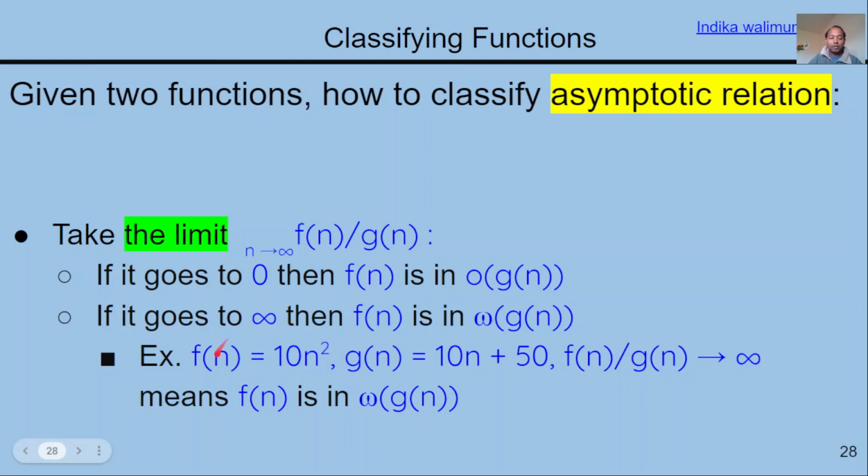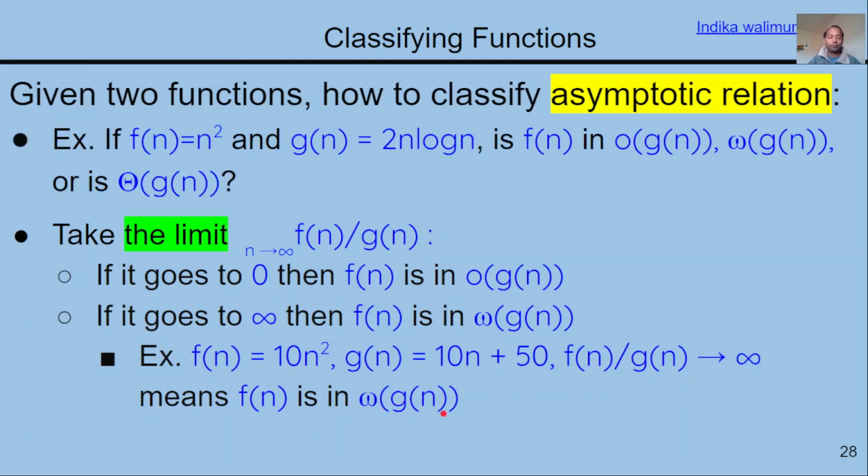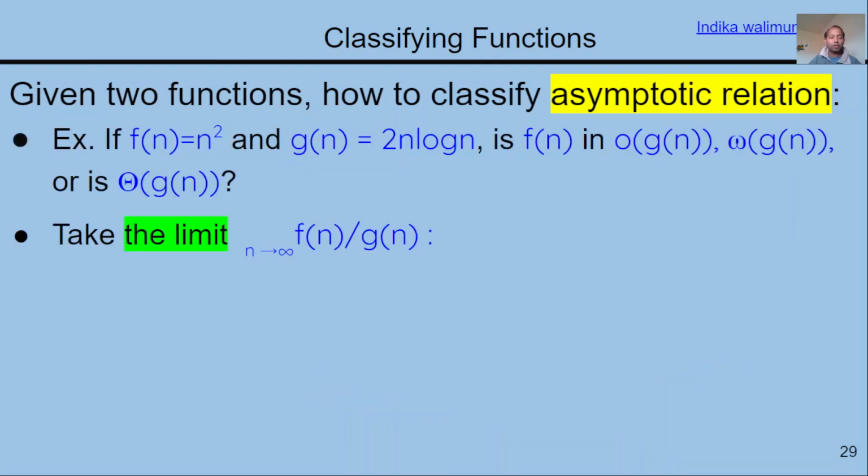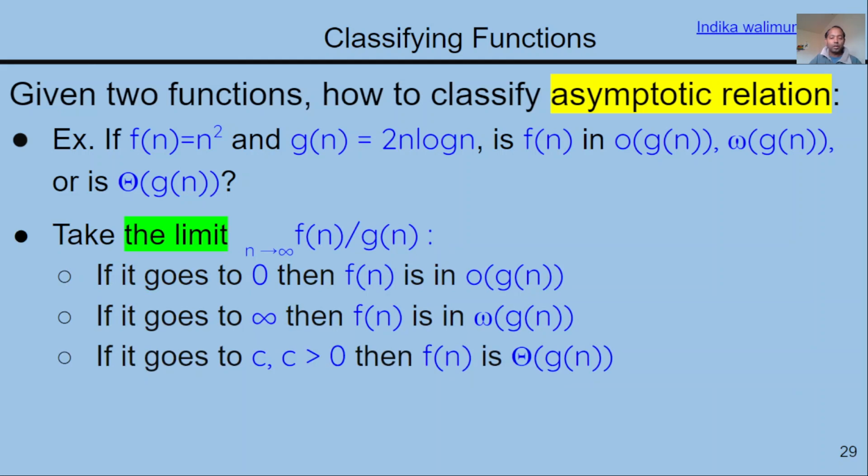That is the case. So this guy is always underneath. So this guy is bounded below by this one. Okay. So it's small omega of Gn. I'm going to cover the next one as well, then I'll show you how. So next one is how do we find out whether it's big-Theta